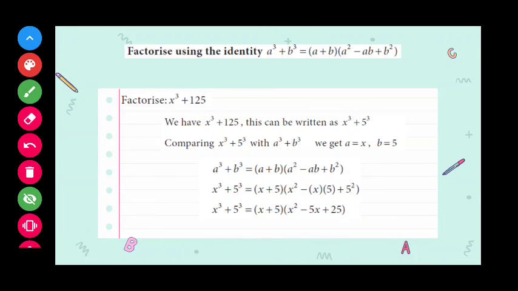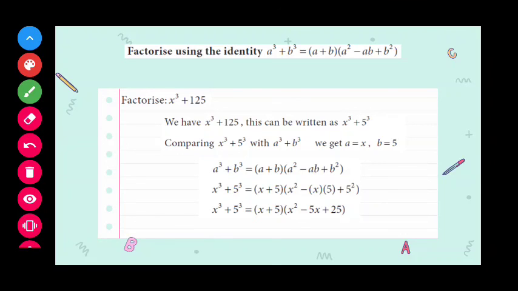The only thing is you have to memorize this identity, because we haven't proved this identity yet. There is no proof for this identity in your textbook, but you can prove this from other similar identities. So I'll leave this topic for you. You have to prove this identity by yourself. Okay, so that's all for factorization.